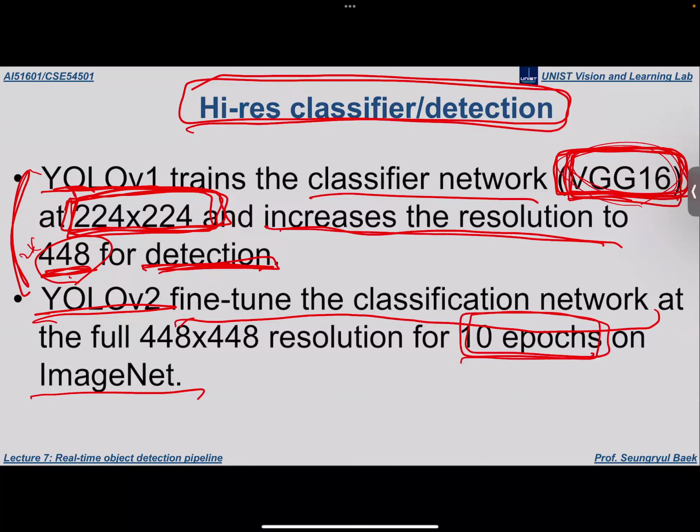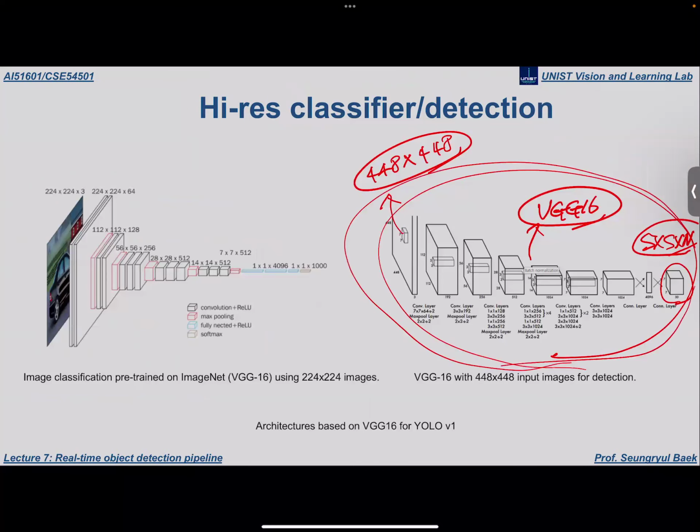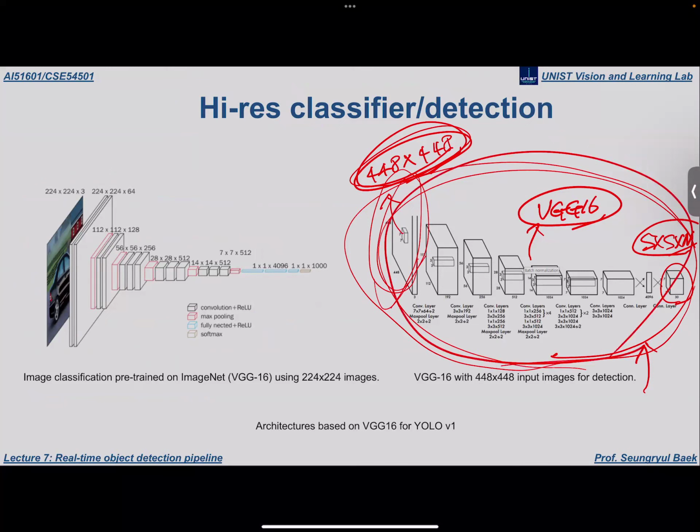Okay, so here in YOLO 1, they just replaced the input image size by this. Then they train from the VGG16's ImageNet pre-trained weight, and further fine-tune this object detector using the object detection data. But in YOLO version 2, they increased the image size and